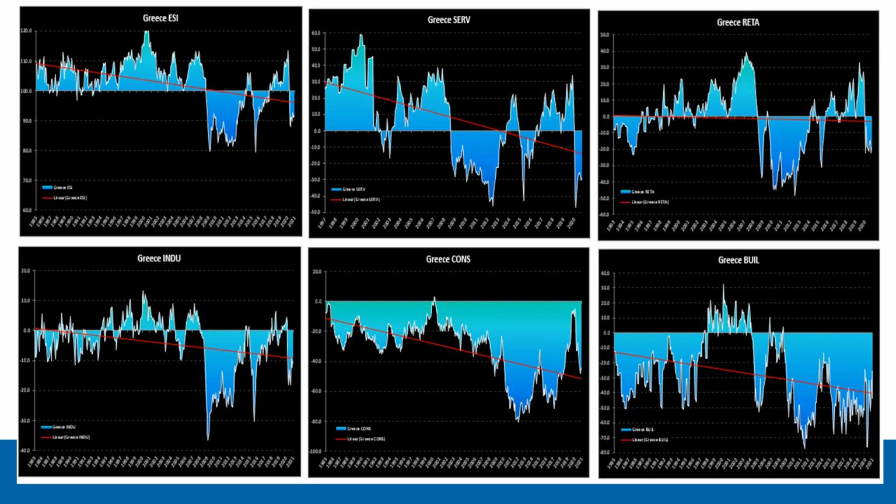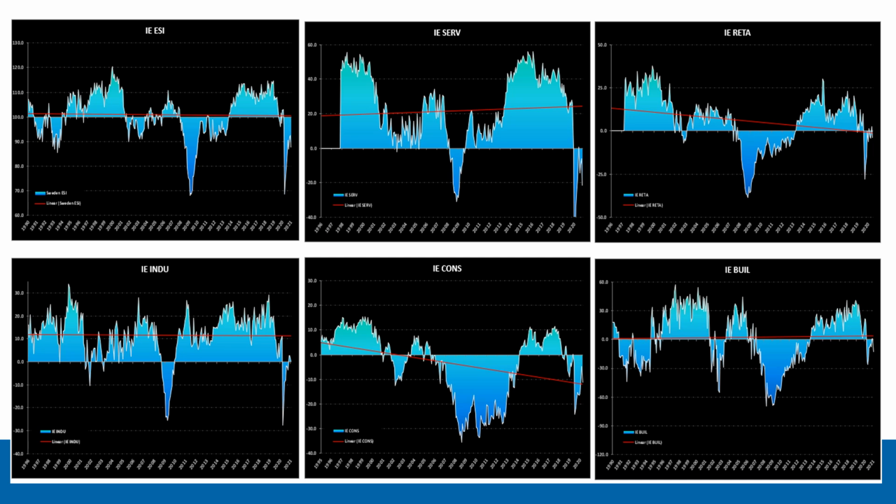Next up, Greece, the basket case of Europe. Not a big economy by any stretch, so we don't pay much attention to it. But any type of recovery in Greece matters, because Greece is very sensitive to the sentiment of the future of the European project, the Eurozone and the Euro currency. We have to keep an eye on Greece a lot in case there's any major turning points there. So again, you just fill in your data, eyeball the data on the charts. Are we above trend? Are we below trend? Are we peaking? Are we troughing? Just good to keep on top of it.